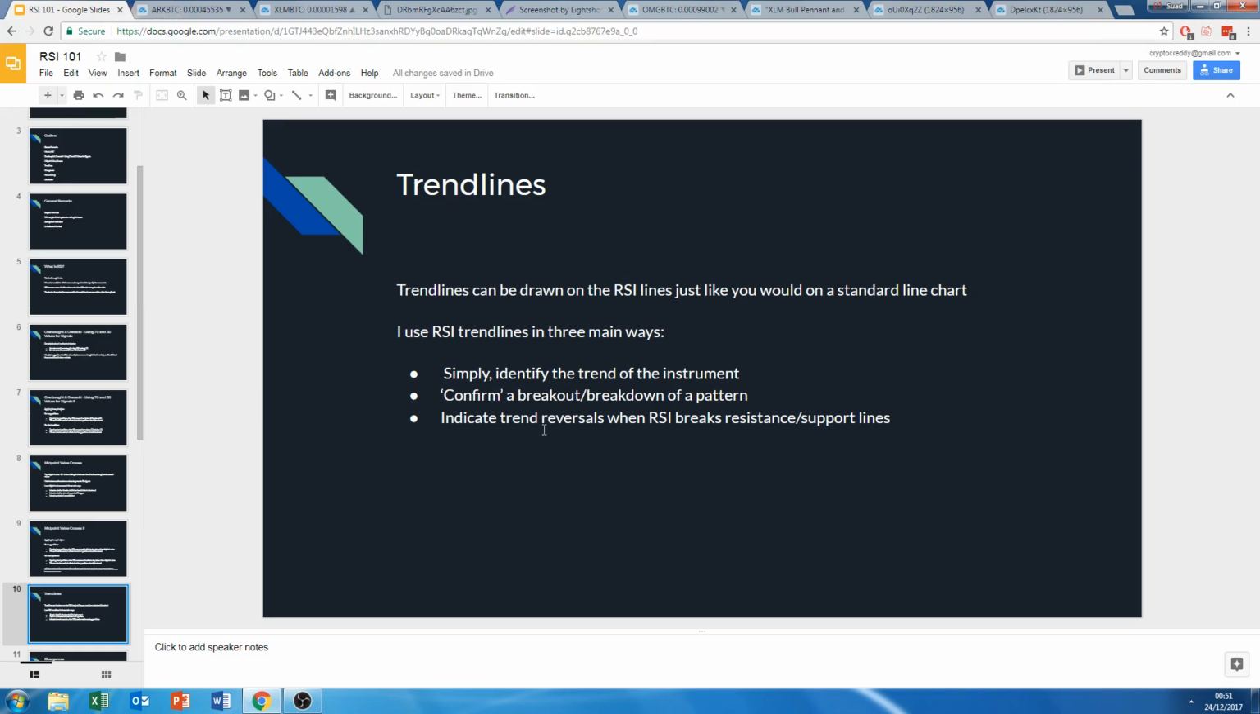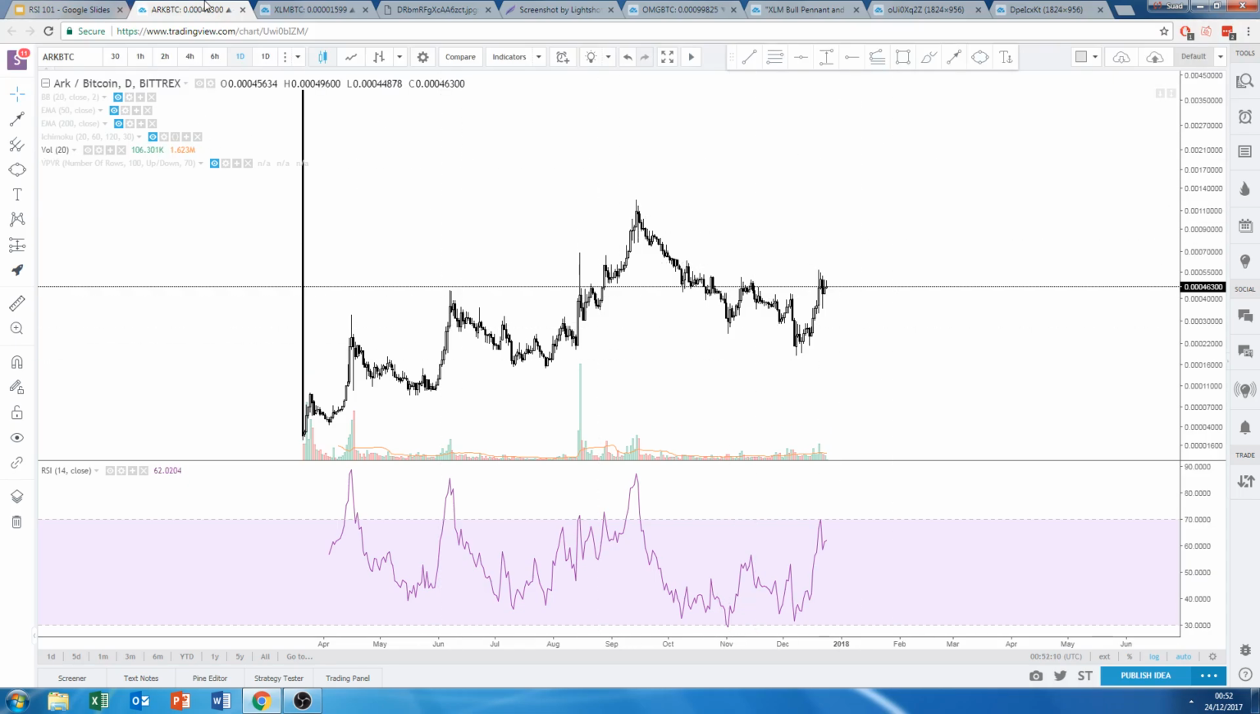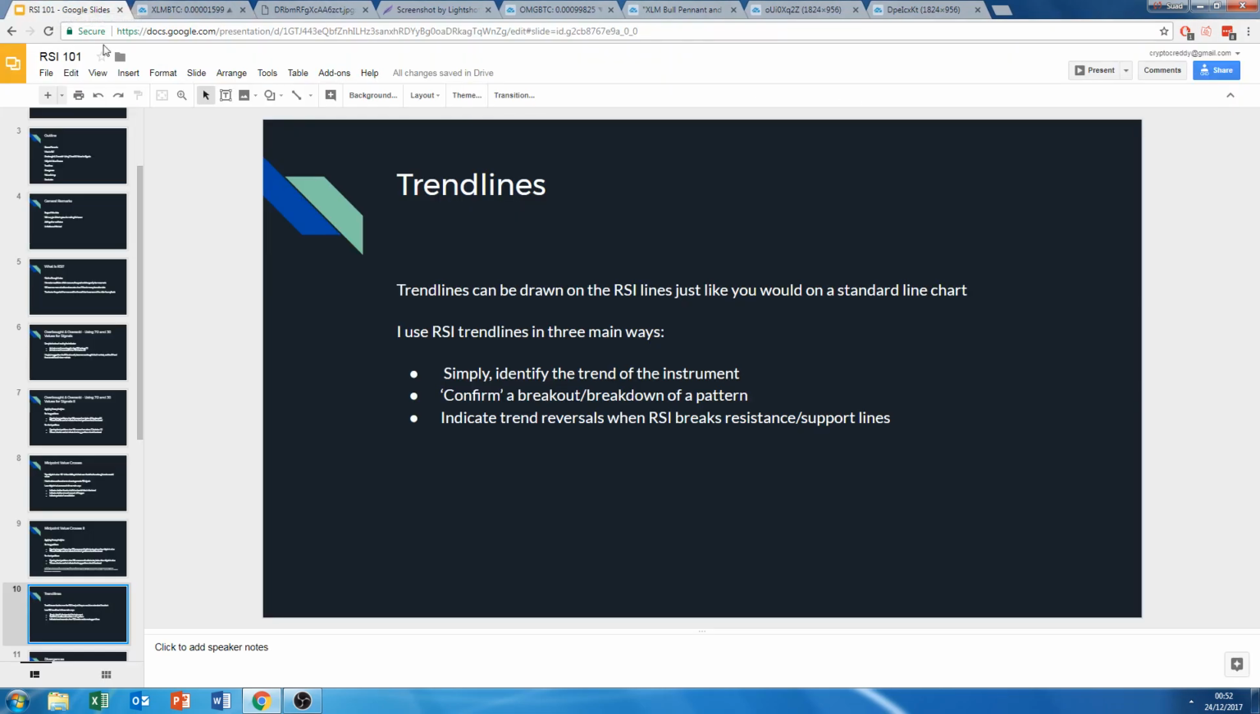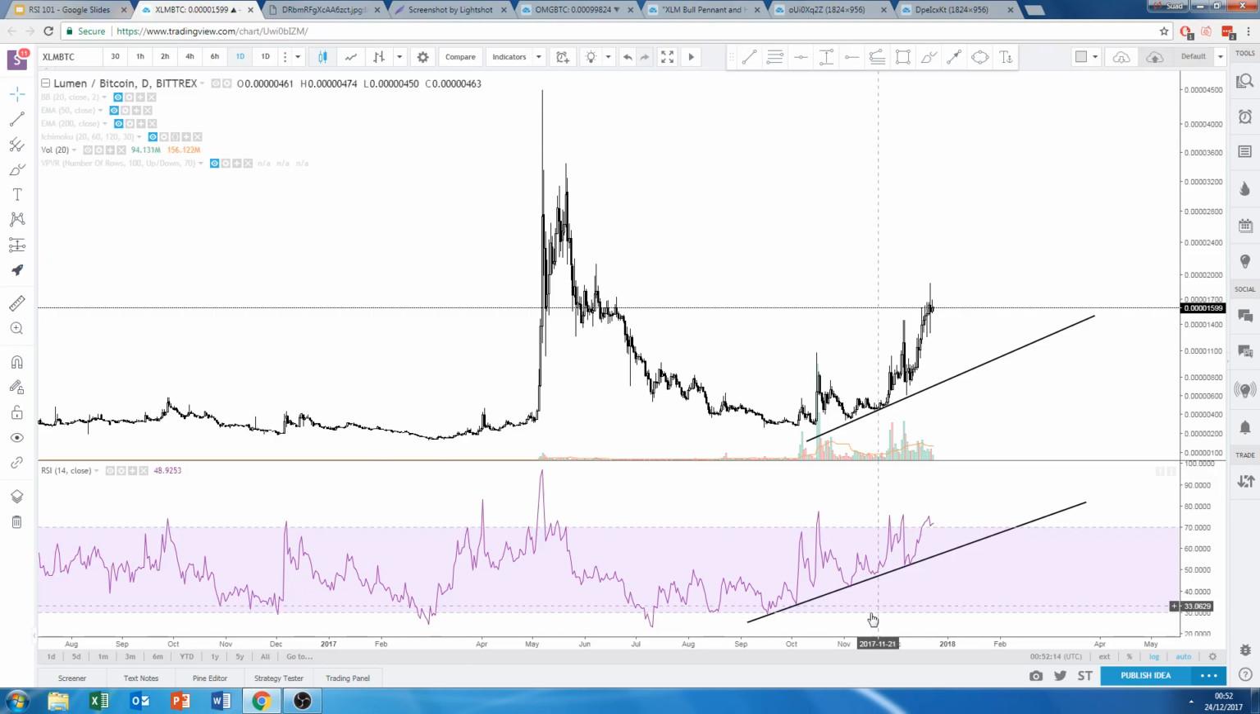Oh, and of course, so we've covered indicating trend reversals by looking at the Bitcoin example and breaking the downtrend resistance. We've covered confirming a breakout or breakdown of a pattern with the channel example on ARK, which was very powerful. And then quite simply, the trend of the instrument, we can just see here that RSI is making higher lows and generally higher highs as well. But, you know, this is the more important one because it's recovering from a downtrend. I want to be seeing higher lows, and you can clearly draw it on the RSI,